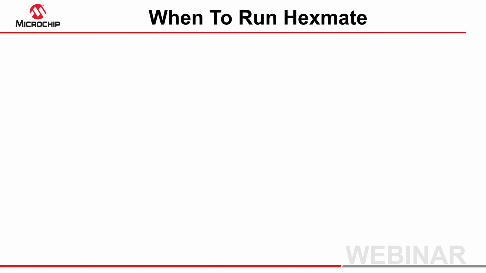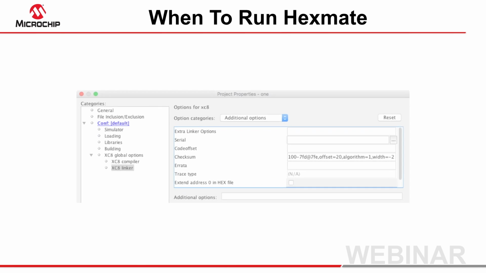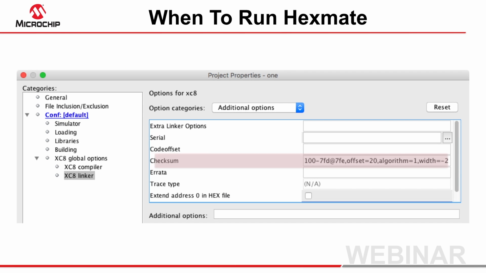Hexmate is a utility that can perform many tasks with hex files. Whenever you add a hex file to the MPLAB-X IDE's Loadables folder to have it merged with your project code, the IDE is running Hexmate for you. It's also executed if you ask the MPLAB-XC8 compiler to generate a checksum or CRC value in the IDE's project